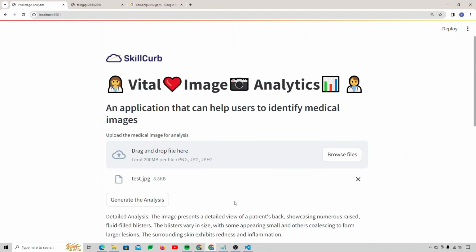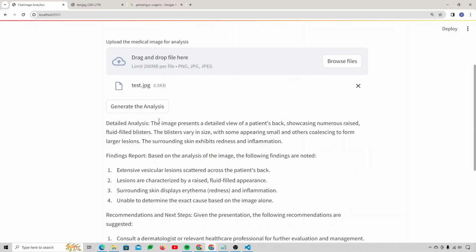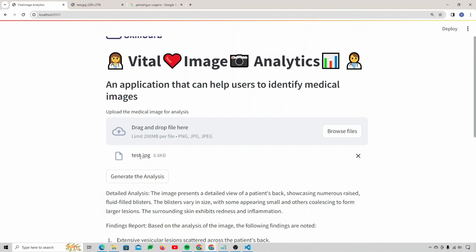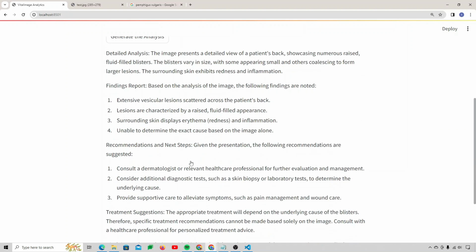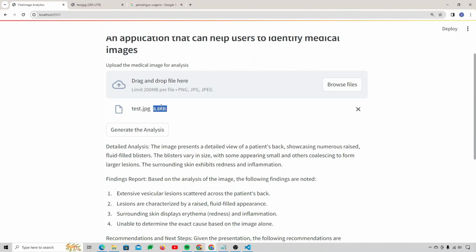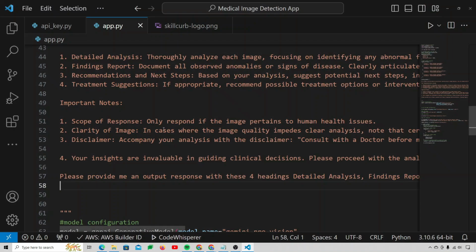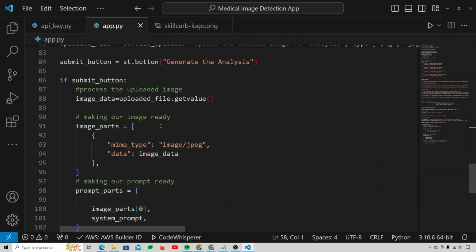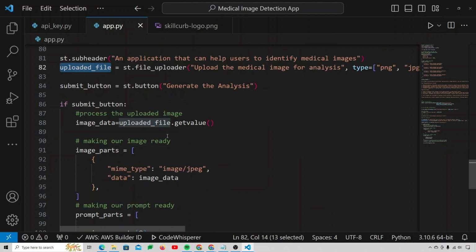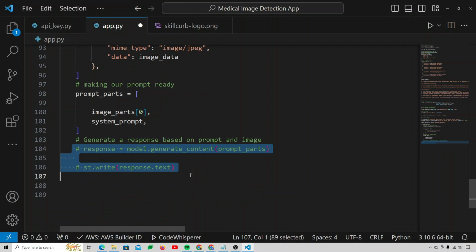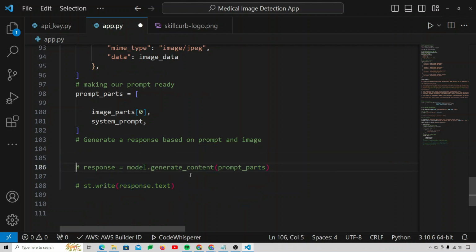All right, so you can see that our application is working fine, but I need a couple of things. I actually want to show this image on the screen to the users, so that after generating this, they know what image they have provided, because it's really difficult to check the image from here. So it should be visible somewhere on the screen, at the top would be perfect. For that, if we come down here, this is my uploaded file. Let me just try to simply display it. If I comment this out for now, and give it